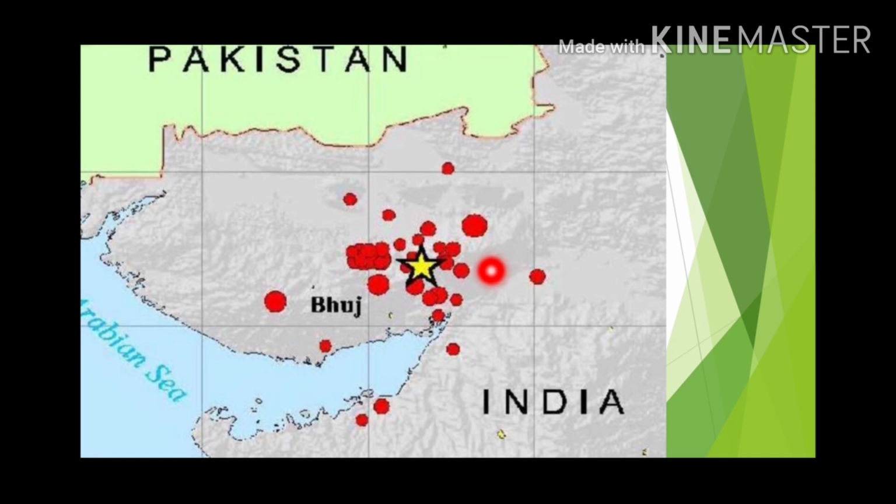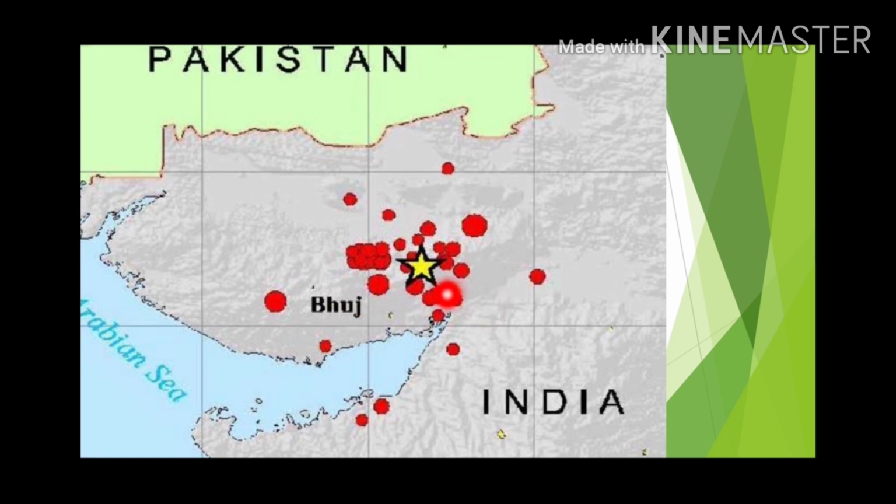So students, we have learned if it is more than 5 on the Richter scale, it is a destructive earthquake, and here the intensity was 8.1. So it was very destructive, and the time was 8:45 AM on 26th January, and the year we have already mentioned, 2001. So Bhuj, Ahmedabad and Rajkot were adversely affected by this earthquake, which resulted in a large scale destruction of life and property.